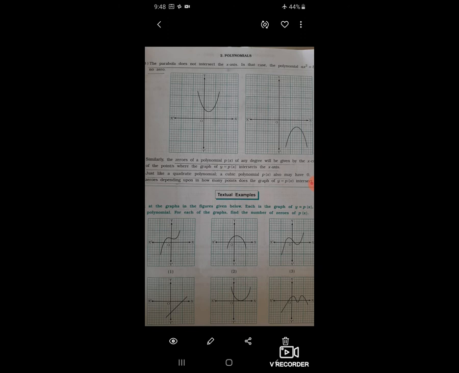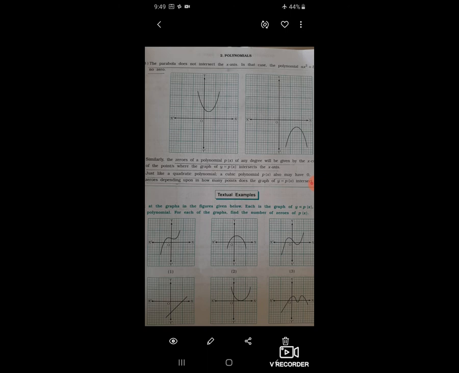Dear students, I hope you understand very well the basic concepts like polynomial, degree of a polynomial, and types of polynomial by degree like linear polynomial, quadratic polynomial and cubic polynomial. Also you understand the zero polynomial and the geometrical meaning of the zeros of different types of polynomials.